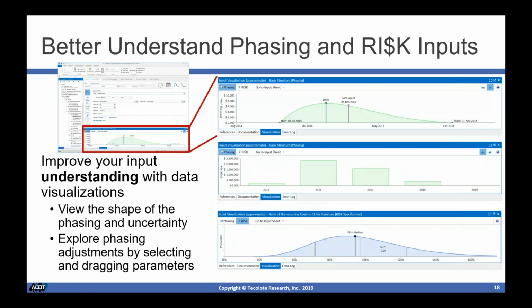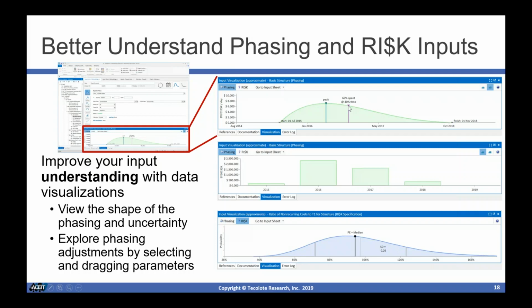To better help understand the numbers that we're entering into the different phasing methods, we've added what we're calling our visualization content pane. This is providing a visualization for the inputs that we have entered into the model. In this case, they've been entered in the input form, and we're entering here our percent spent, our percent time, and our peakness. And it gives us a visual of what that looks like. And then as the analyst, I can go and look at that and say, does that visual match with what I think the phasing should be for this